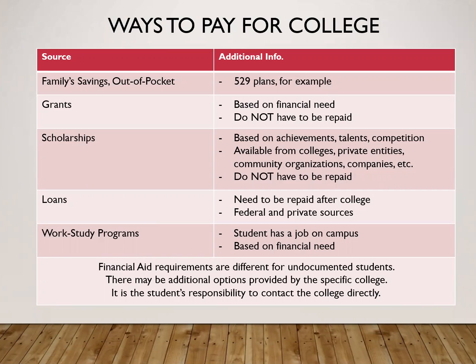Loans, you have to repay those, and so you have to be very careful. If a college costs this amount and you can only afford this amount, you have to make up the difference somehow. And if you don't get enough scholarship money to make up the difference, that's where a lot of times people take out loans, and this is where it can become very tricky. You have to be very cautious with loans because you don't want to go in such great debt that it ends up crippling you later on down the road and keeps you from becoming financially solvent where you can do what you want to do as an adult.